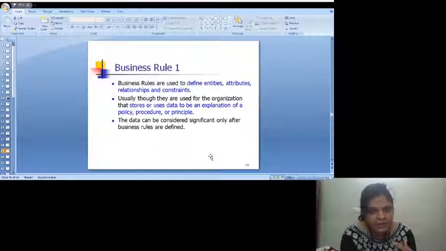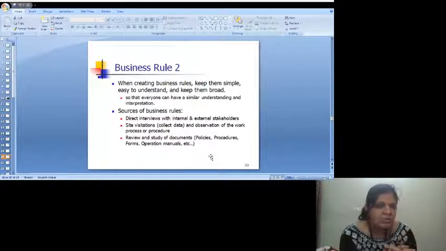The ER diagram is developed by the developer, but this is totally and totally based on the business rules, which are specified by the client. The client sees the principles and the procedures he or she applies in the system, and tells them to the developer, and the developer can use them, and based on the business rules he or she can make the ERD.